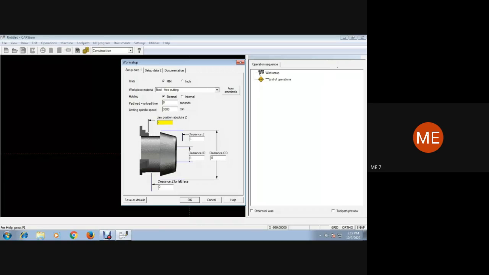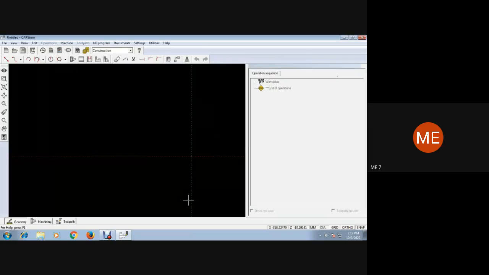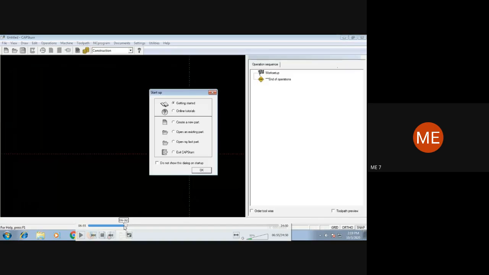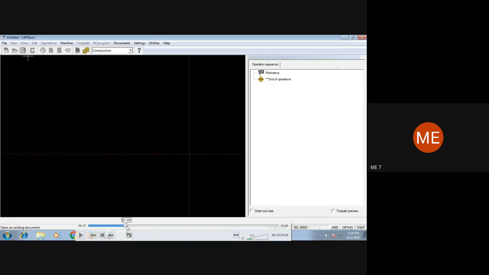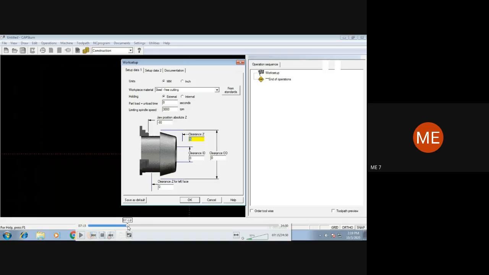Now for jaw position, please make a note of this at least in short forms. The overall length of the workpiece was 75, plus we need some more material to hold it in place, so we need some extra length.